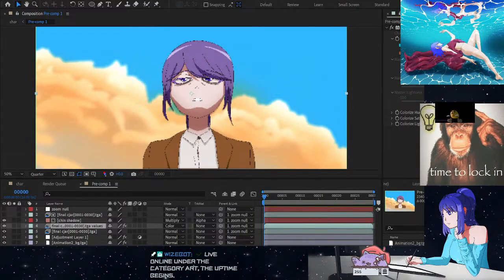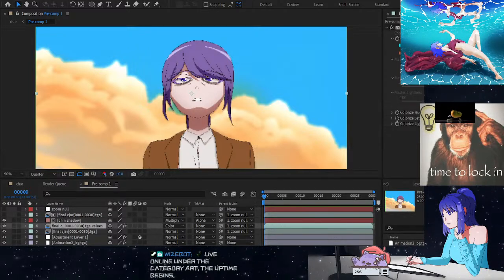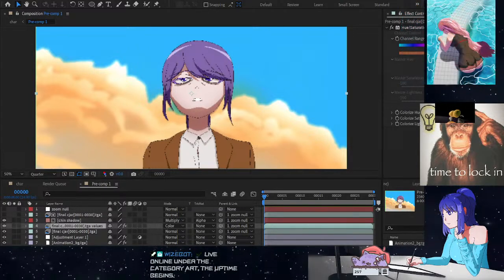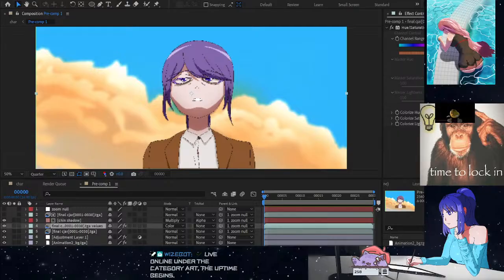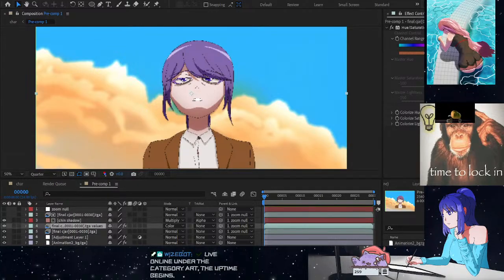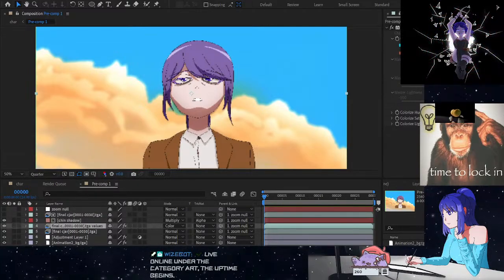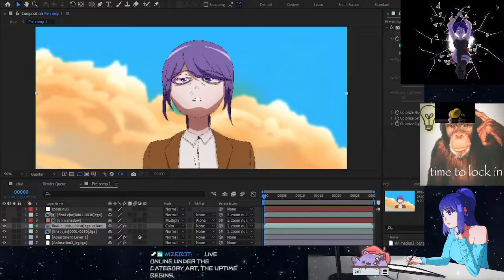Click on ease out. We're gonna right click this keyframe, so we animated the scale, but it's actually zooming into the character. That's because it's not only